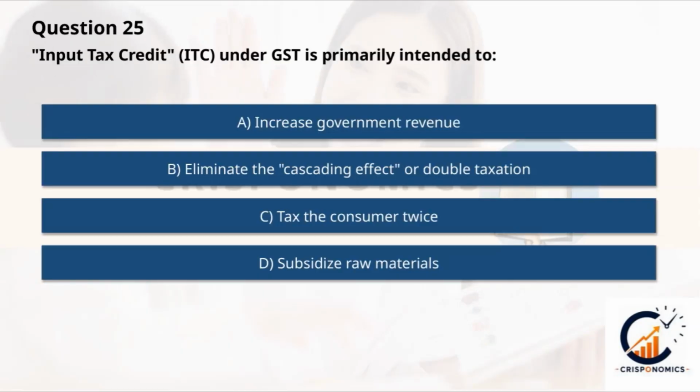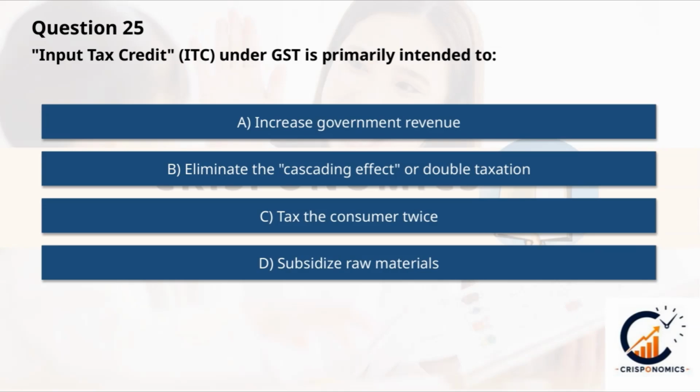Let's break down the main purpose of the Input Tax Credit, or ITC, under GST. It's primarily designed to eliminate what's called the cascading effect. That's when the same goods or services get taxed multiple times as they move through the supply chain. ITC helps avoid this double taxation, making the system fairer and more efficient. While it might also impact government revenue or consumer costs, its core goal is to prevent tax from piling up